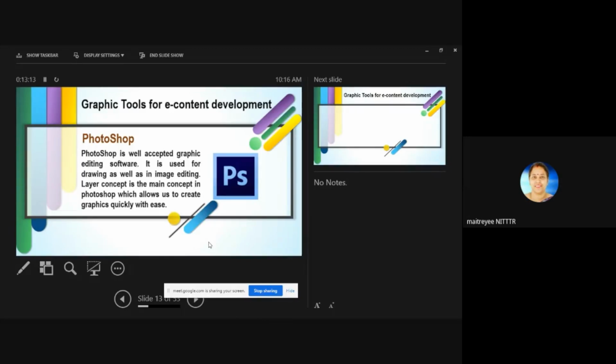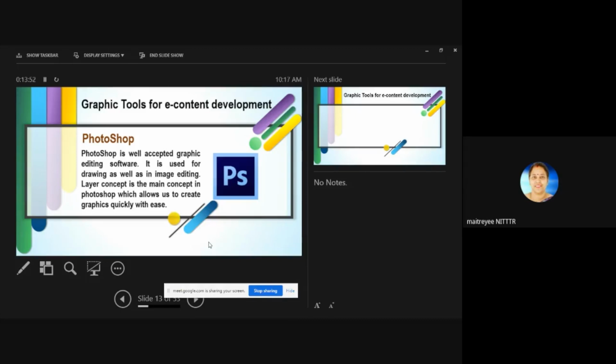But in Photoshop, this layer concept has been introduced. For example, you are creating or developing one design or graphic, right? The roof of the building you can prepare in one layer, and the other portion of the building you can keep in another layer, so that if you modify something in the roof, it will not change anything in the rest of your building, right?